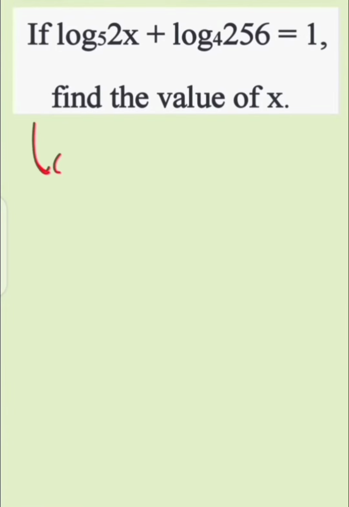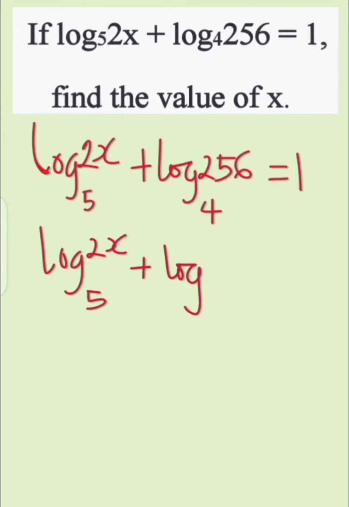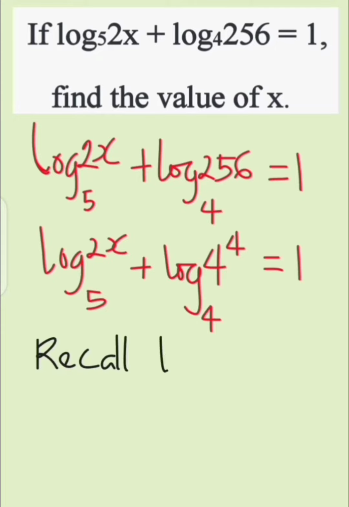Hello, we want to solve log 2x to base 5 plus log 256 to base 4 equals 1. That gives log 2x to base 5 plus, 256 can be expressed as 4 to the power of 4, so we have log 4 raised to power 4 to base 4 equals 1. And from the law of logarithm, we know that when we have the logarithm of